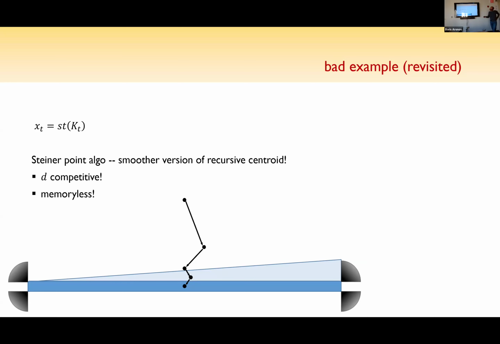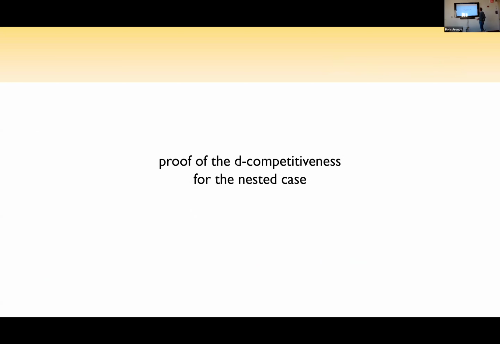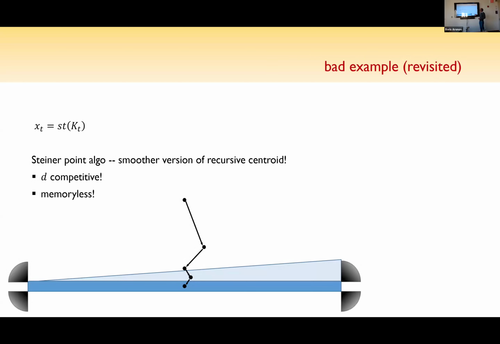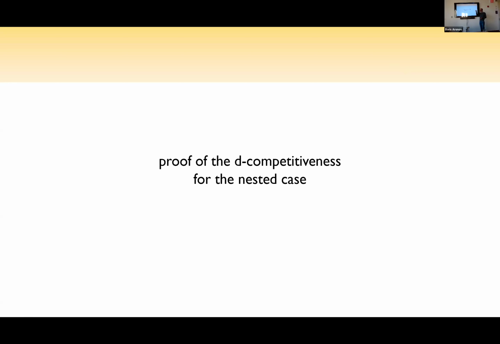I thought it was the right algorithm. So let me give you the proof of competitiveness. It's one page of algebra. This is the only algebra that I have in the whole thing. But you'll see how ridiculously simple it is. By the way, I should say that this proof is from this paper of Bubeck, Klartag, etc. And it follows, I mean, the Steiner point is understood because it's what they call a Lipschitz selector. For every convex body, you want to give a mapping from convex bodies to points inside.